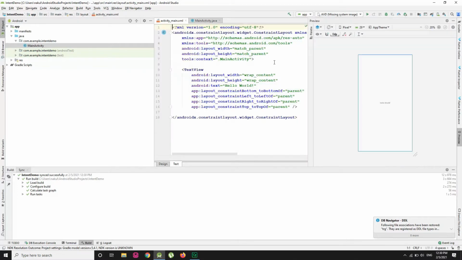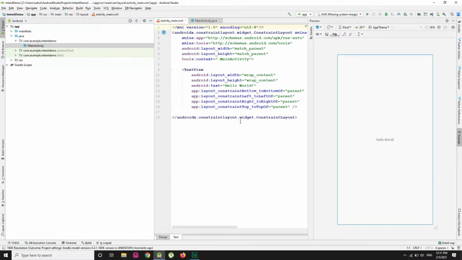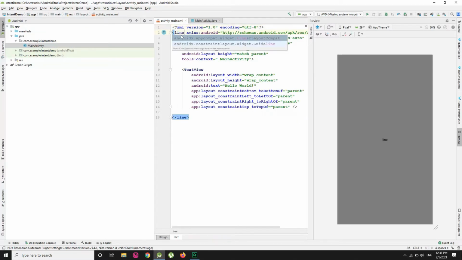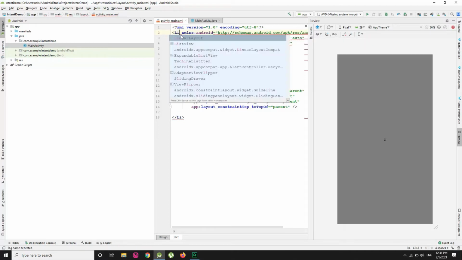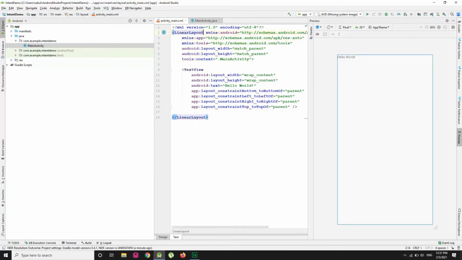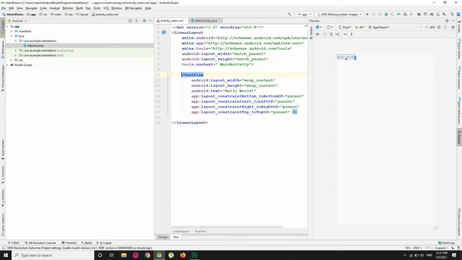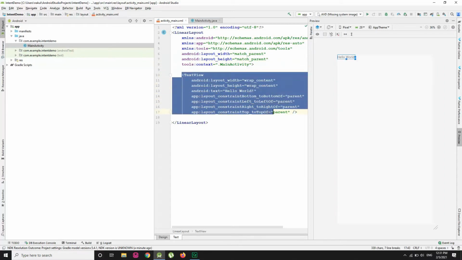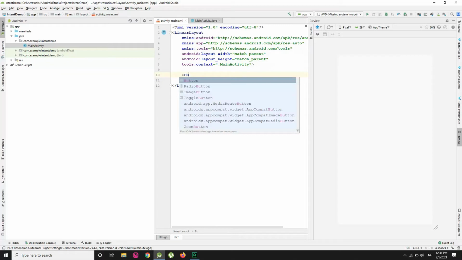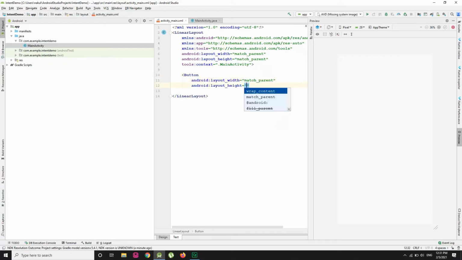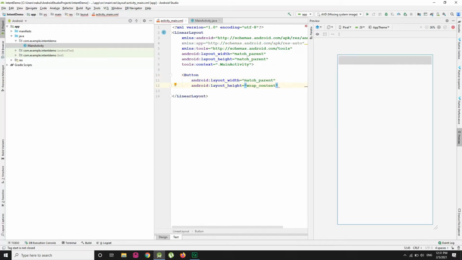We have two files over here. First one is the XML file and another one is the Java file, right? So let us make this constraint layout a linear layout. Then remove this text view and add a button over here, with wrap content and tag closed.